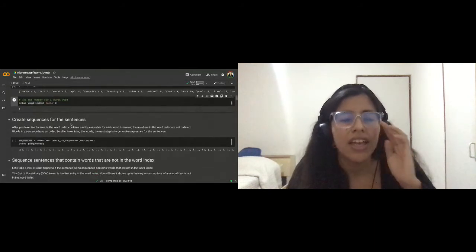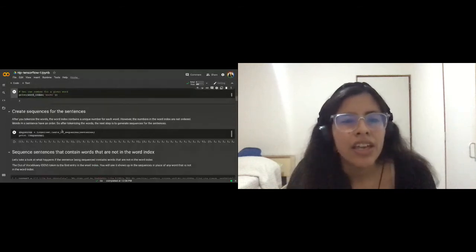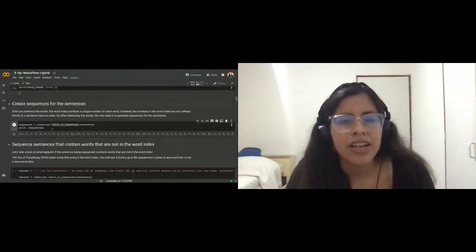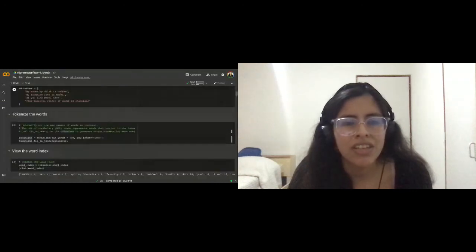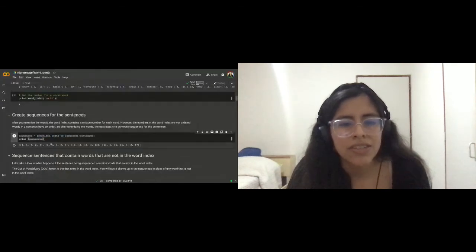Nice. Then, if you want to create a sequence for the sentences, that means tokenizing all the sentences. In this example, you can apply the tokenizer's texts to sequences, and that's it.